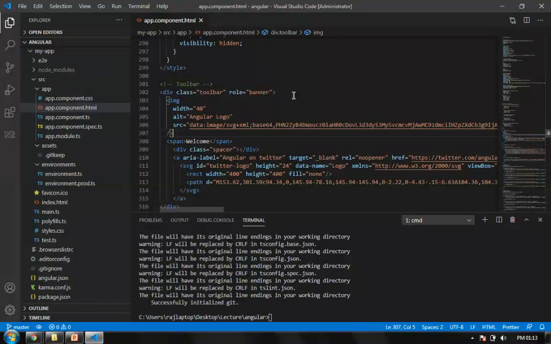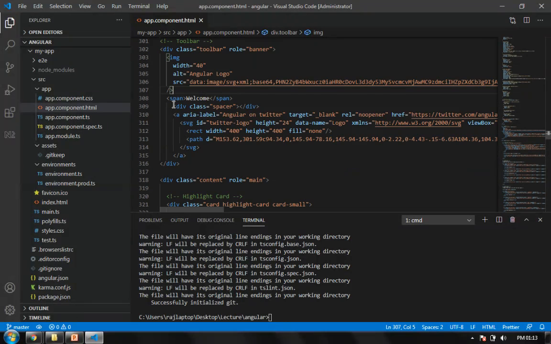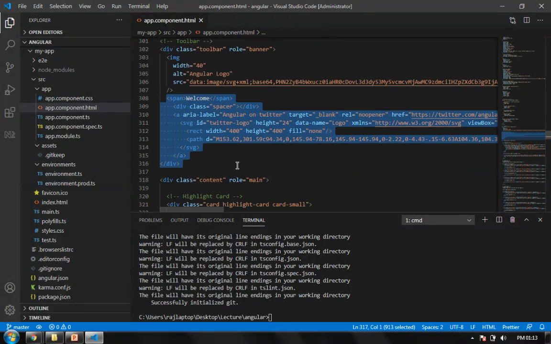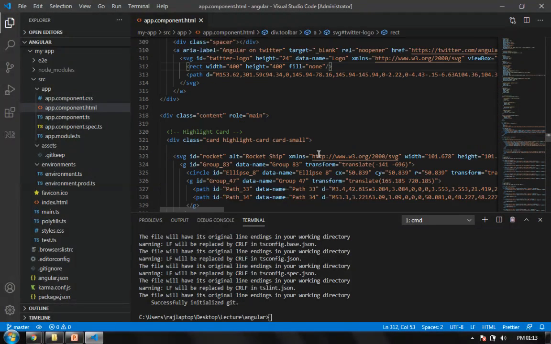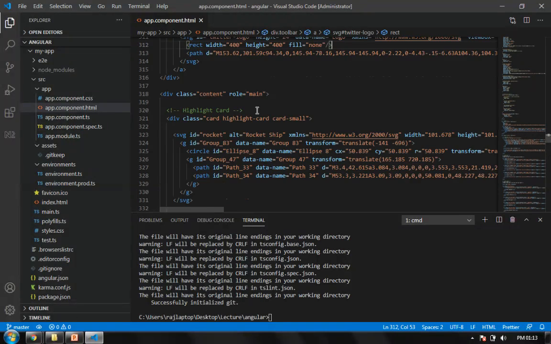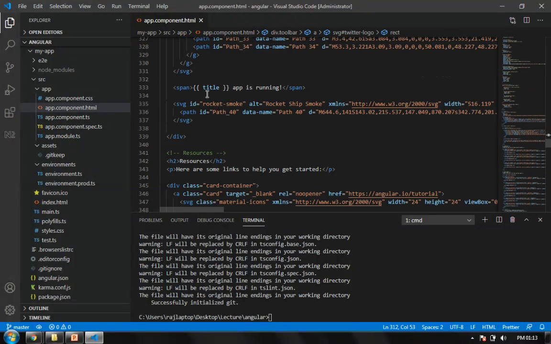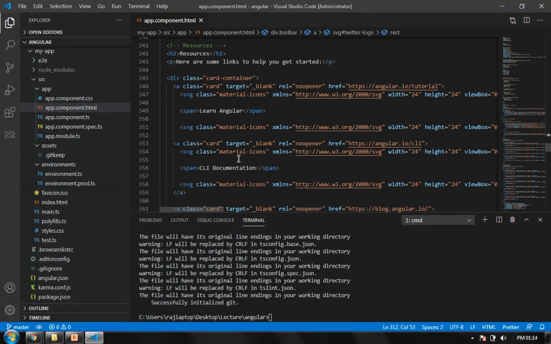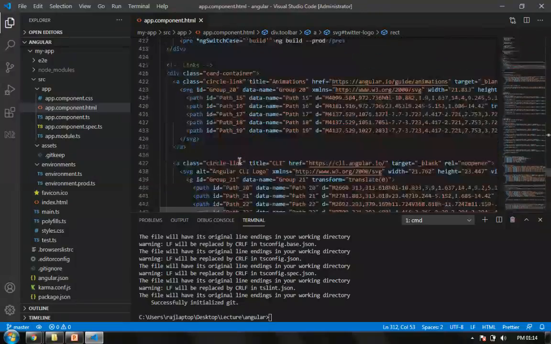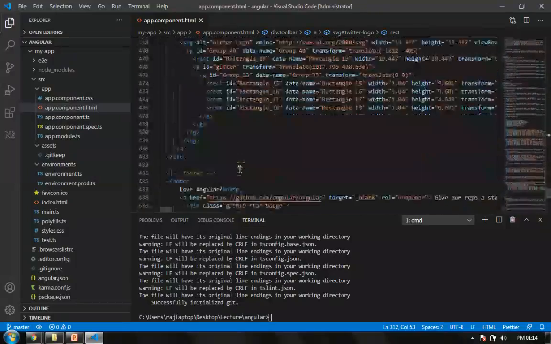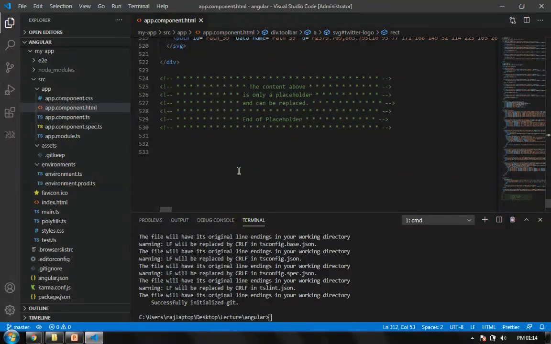So execution will be very fast. Then we are having some welcome span here. We'll be having welcome information. We'll be displaying logo. Fine. Then we'll be having main content here, and then we'll be having title here, resources here, and so on. So a lot of things are being defined here. This is predefined. It comes automatically with Angular. Fine. Clear? Now how to run this?